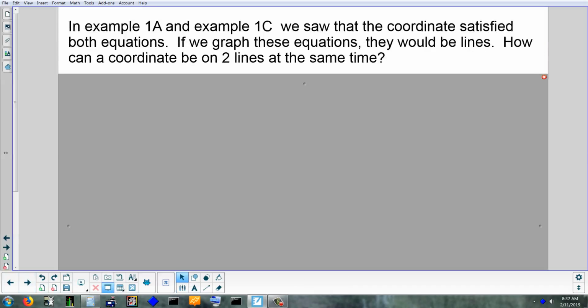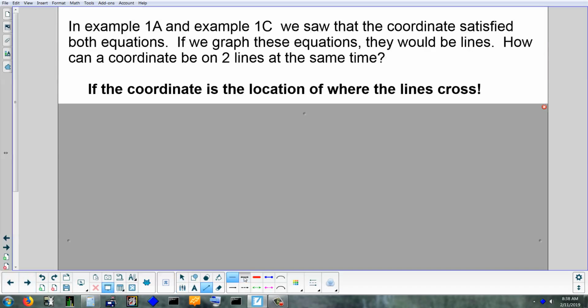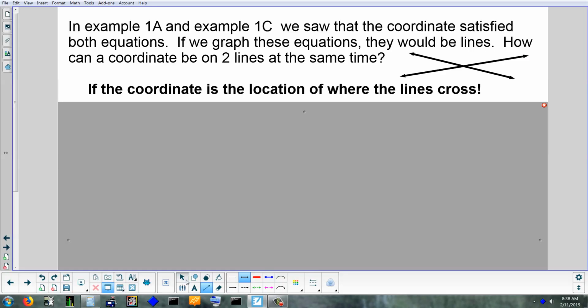So if we graph these equations, they'd be like we talked about. We're doing linear systems. We already said a couple times it's going to be straight lines. And we talked, how can a coordinate be on two lines at the same time? If the coordinate is the location of where the line crosses. If you have two lines that aren't in the same spot, they're not one on top of each other, they're going to intersect. But if you have two lines, like Mr. Hager just drew, and they only cross in one spot, where the line crosses,